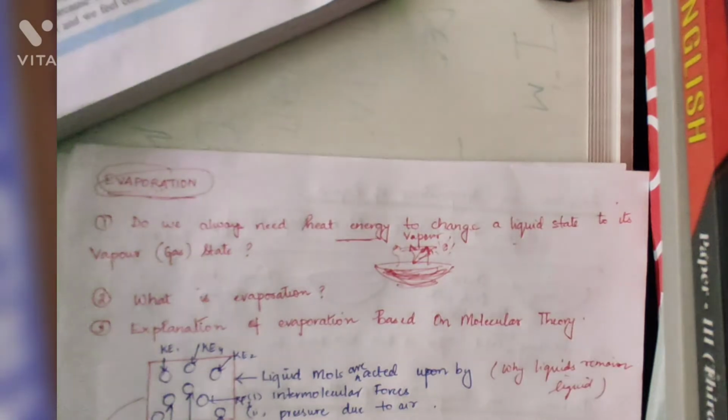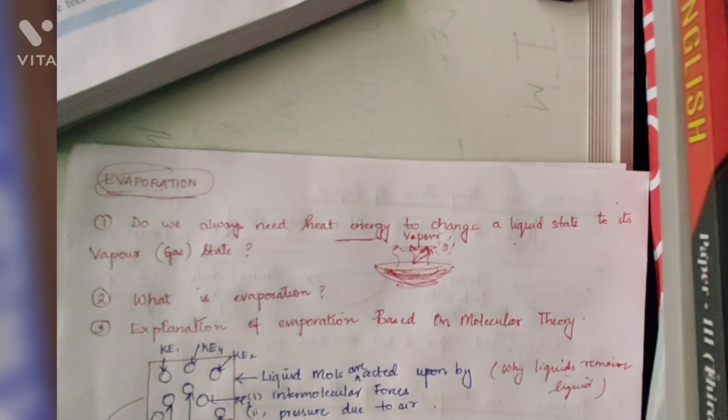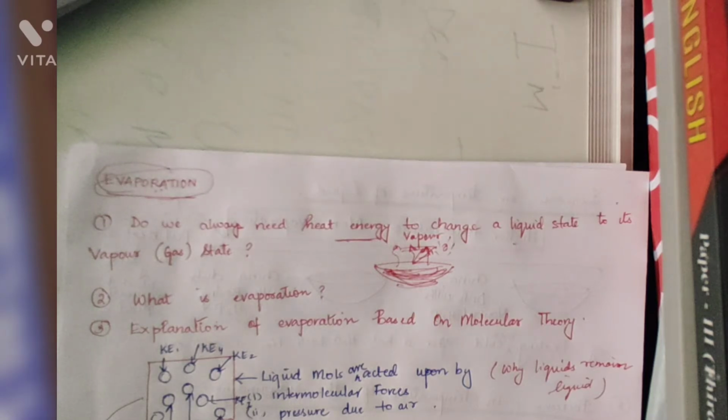All right. So you see the basic definition of evaporation: the phenomenon of change of a liquid into its vapor at any temperature below its boiling point. Why are we saying here below its boiling point? Because you are not boiling it. You understand? You're not boiling the liquid, you're just simply keeping it in the sun. So that temperature is not as high as the boiling point. So it is below the boiling point, and without any external source of heat. You didn't apply any Bunsen flame, right? So without any external source of heat, it's called evaporation. You underline that line.